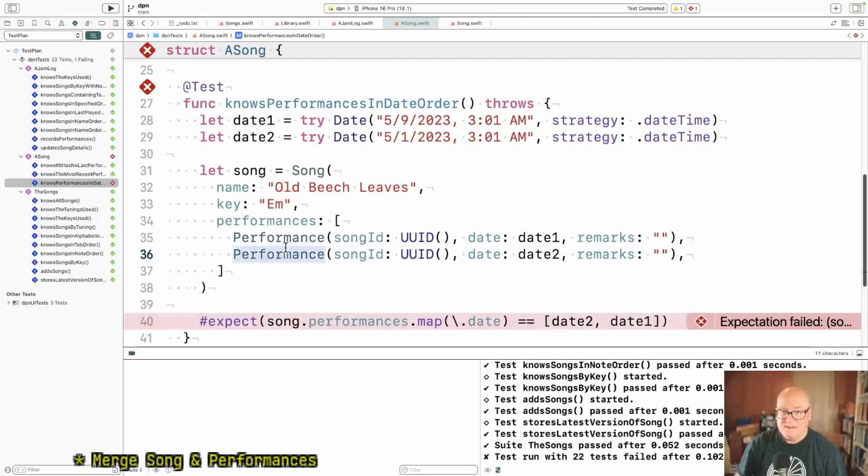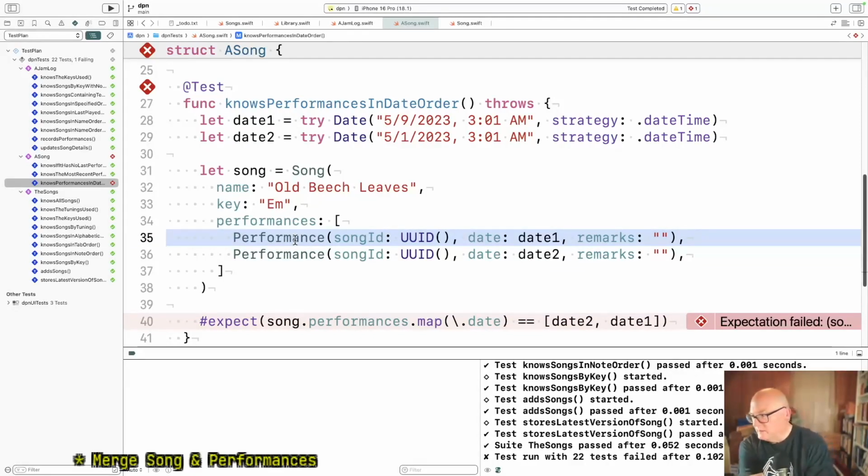Oh no, I did. I gave it date 1, then date 2. Date 1 is 5/9. Date 2 is 5/1. Am I just backwards? I want the latest last.